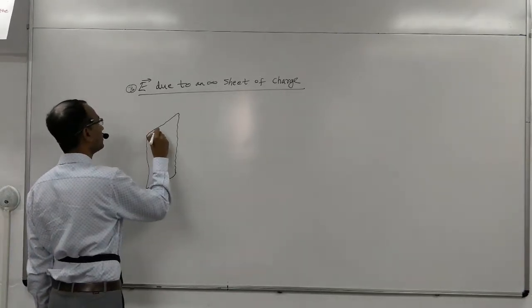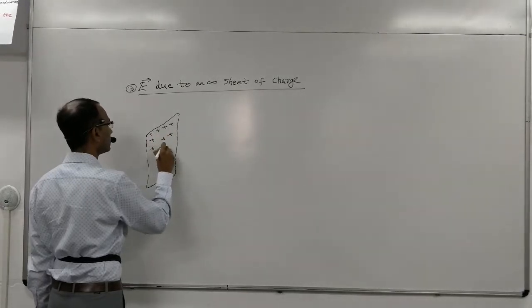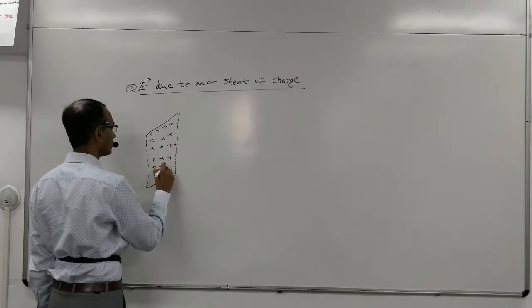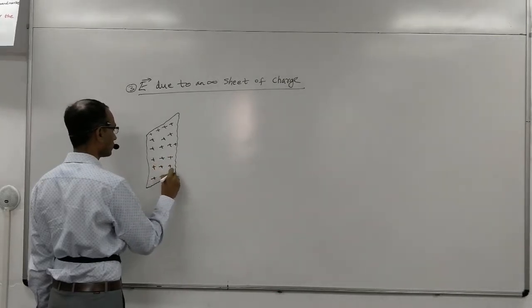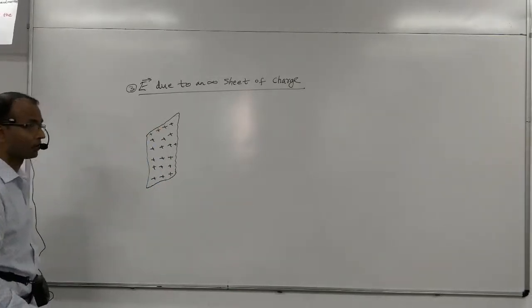So this is, let us say, uniformly charged infinite sheet of charge. So positively charged sheet, you can imagine, is extending in all directions. Okay. Now,